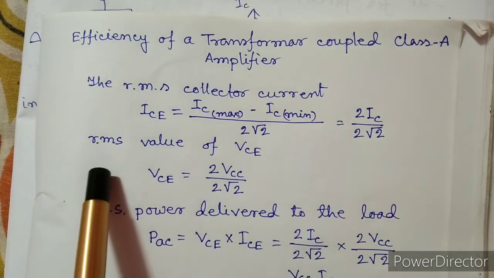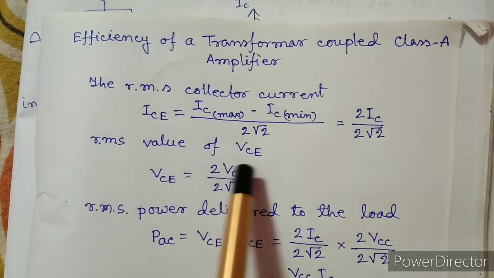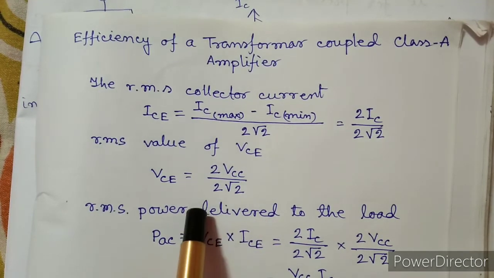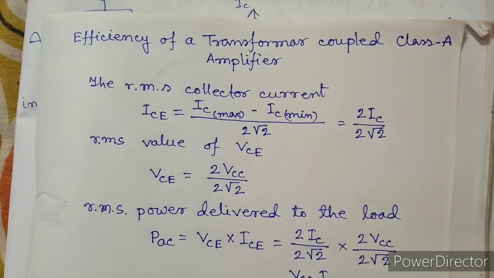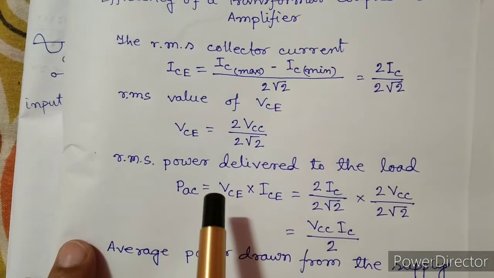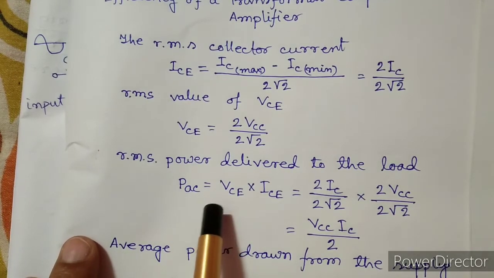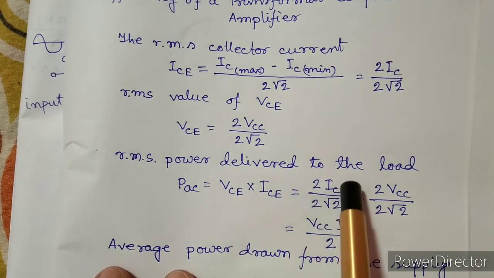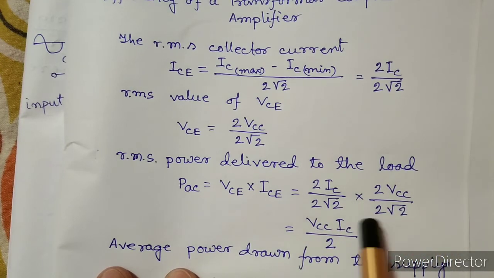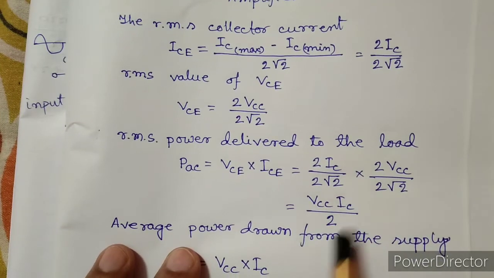By that way we can get the RMS value of VC, that will be 2 VCC by 2 root 2, and the RMS power delivered to the load, PAC, will be 2 IC by 2 root 2 into 2 VCC by 2 root 2. After calculation we will get VCC into IC by 2,